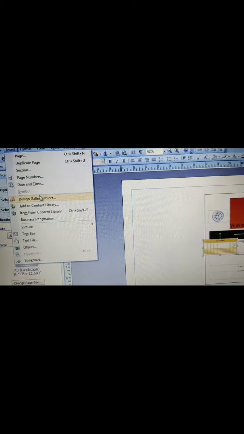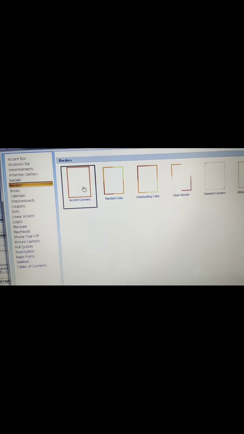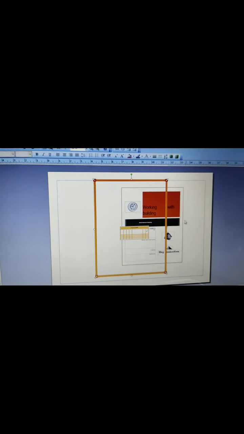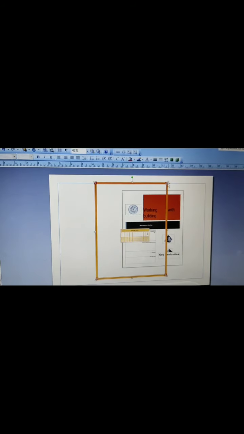And what else can we add? We can add an advertisement, we can add a coupon also, and a border also. This is the border. Insert, this is the border we can add here.